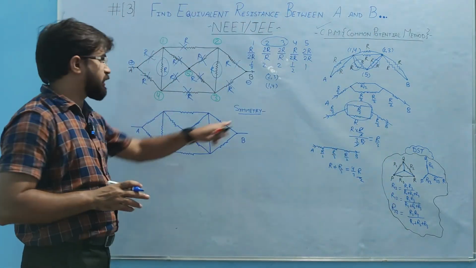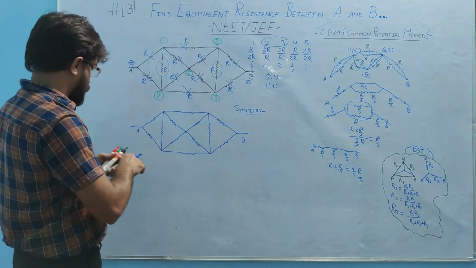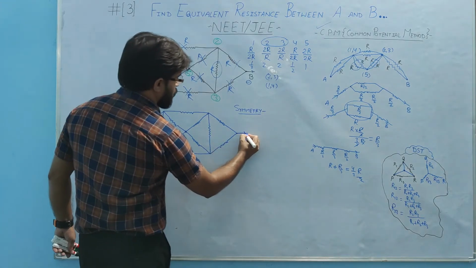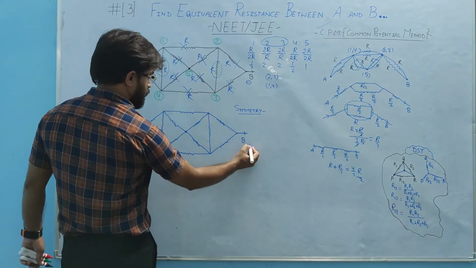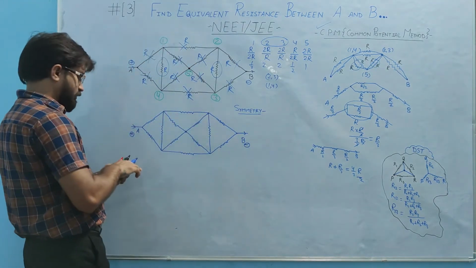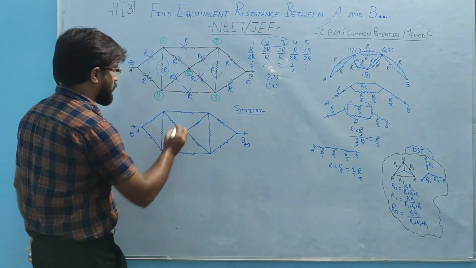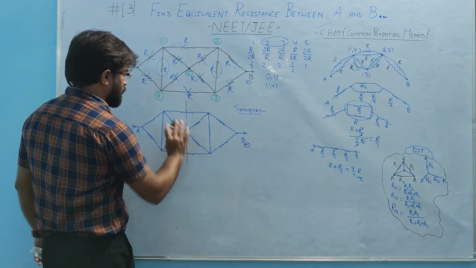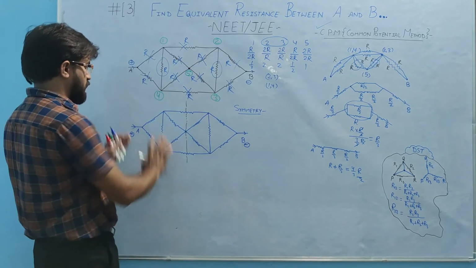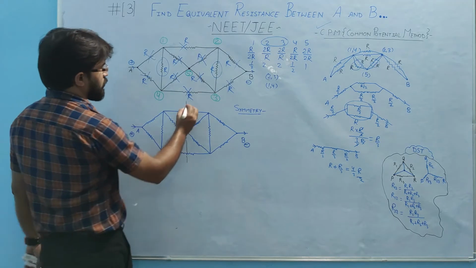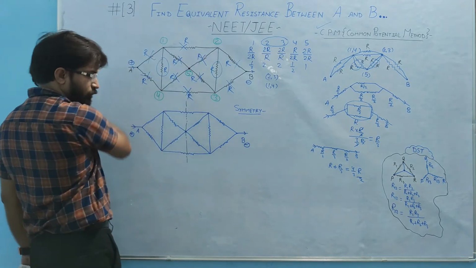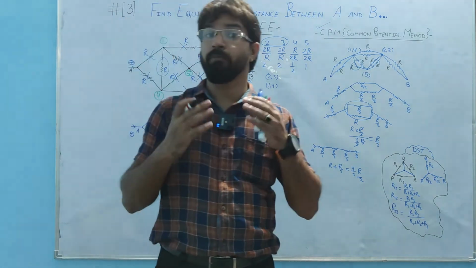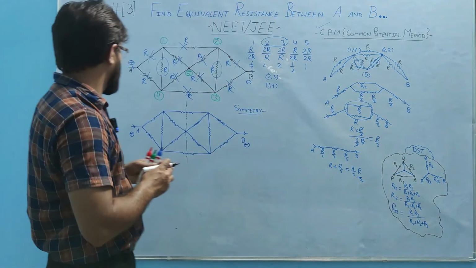Now you see the symmetry I am going to use. For using symmetry, again this is positive, this is negative. From positive to negative, anywhere we are supposed to assume an imaginary line. On both sides it should be a mirror image. You can clearly see it's the mirror image. So this is the symmetric line, the mirror image line.